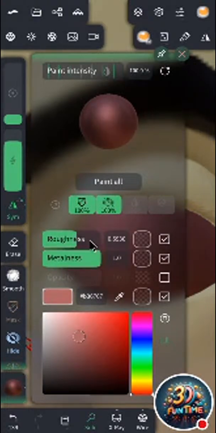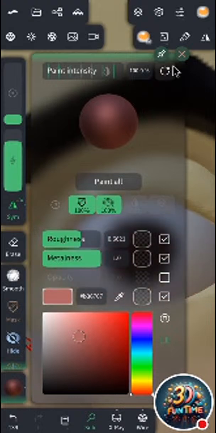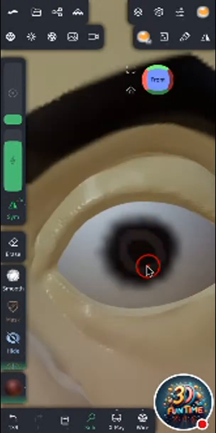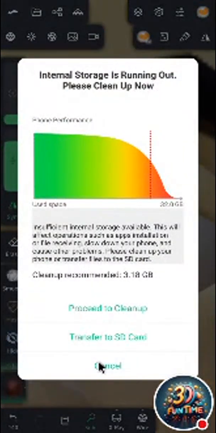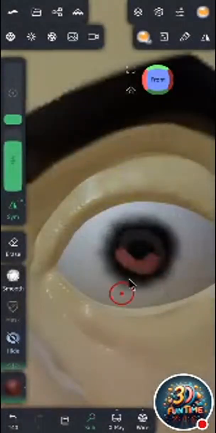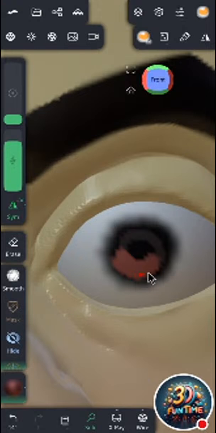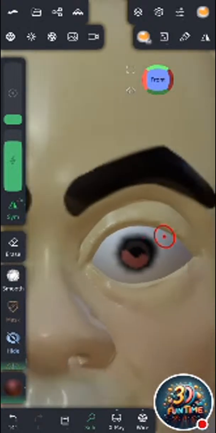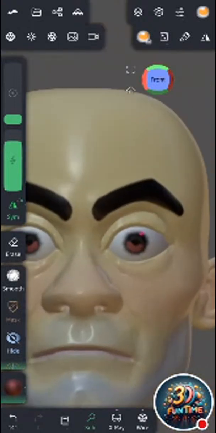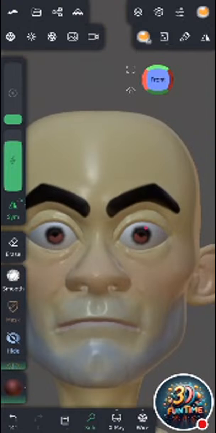I would like to make it like this and mark something like this. Let's see how it's looking. It's looking okay,